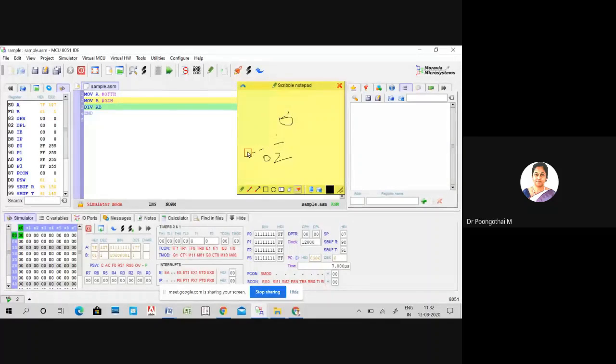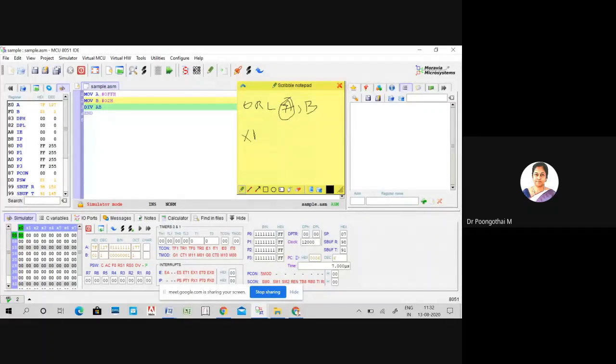So you have to complete the logical operations. The syntax for this instruction is ORL A comma B, or any general purpose register: A comma R1, A comma R2, A comma R3, but the destination must be the accumulator.